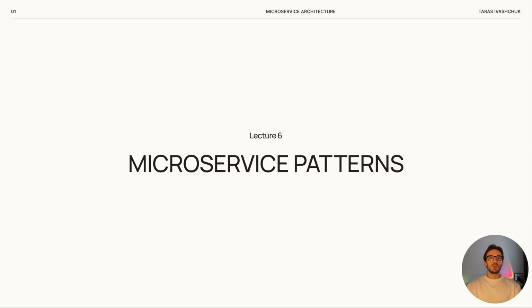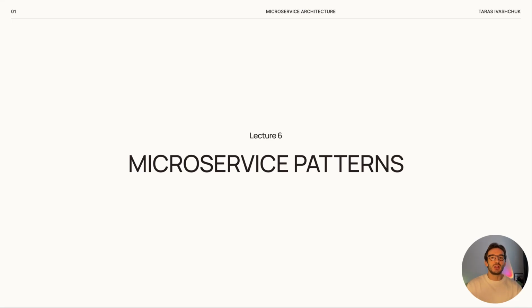Hi guys, today we are going to talk about some popular patterns used in building microservices architecture. Actually, there are a lot of them, but we will focus only on a few. In microservice architecture, we have an interesting situation. Every service can be scaled horizontally and deployed in different environments, from dev to production.